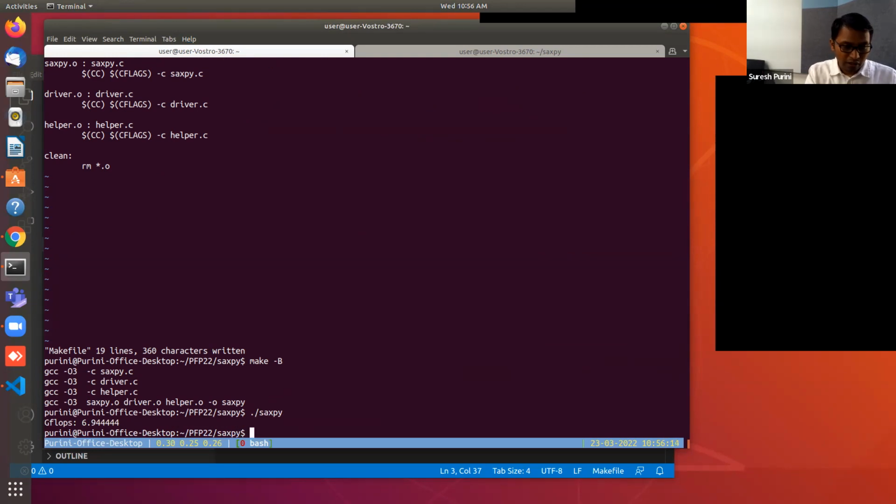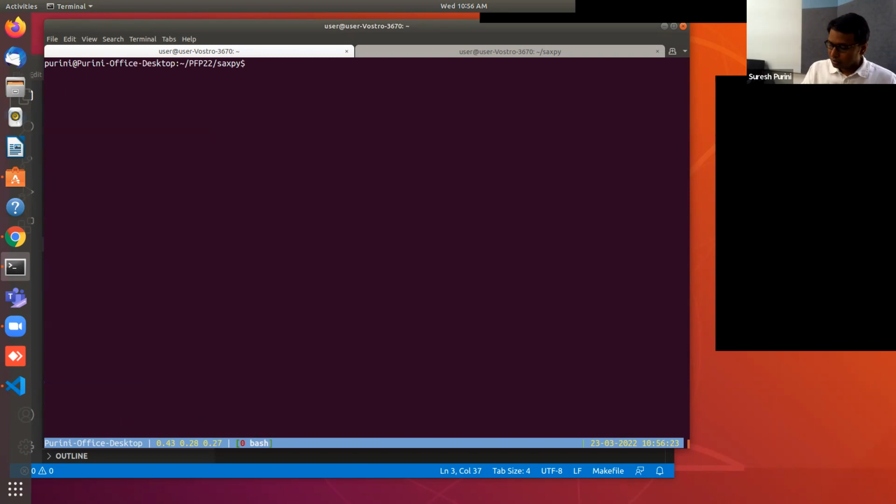So here, can you tell me, a couple of ways to understand what is happening under the hood? Is there a way to understand what is happening under the hood here? What can we do? There is one tool that we have used,